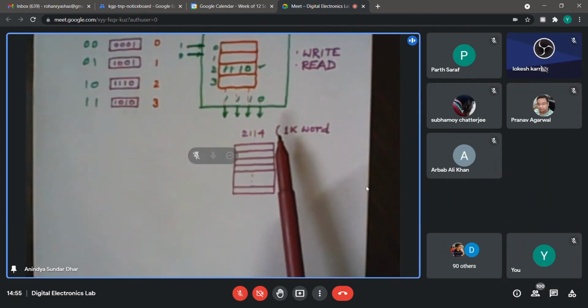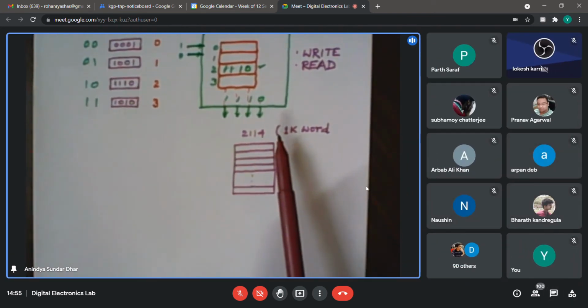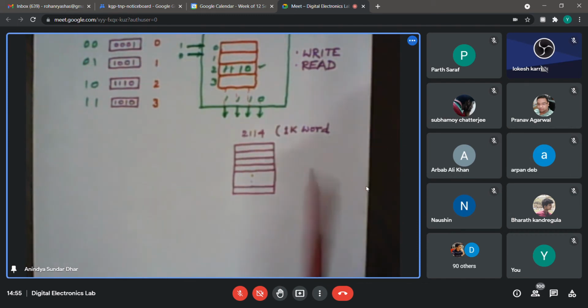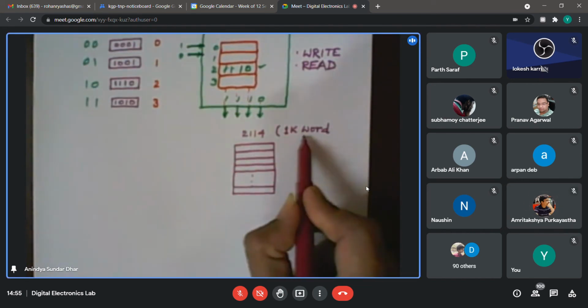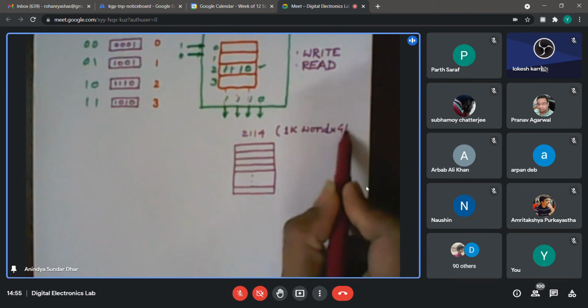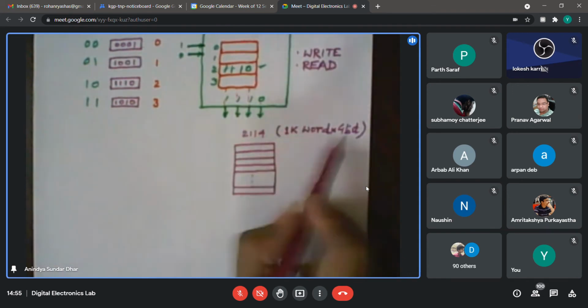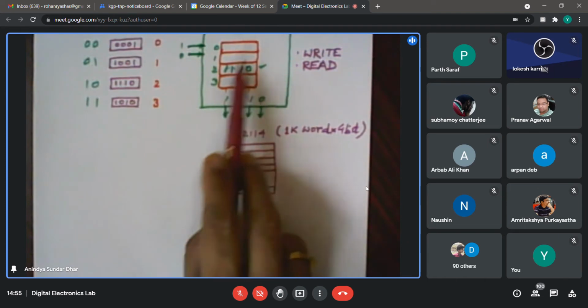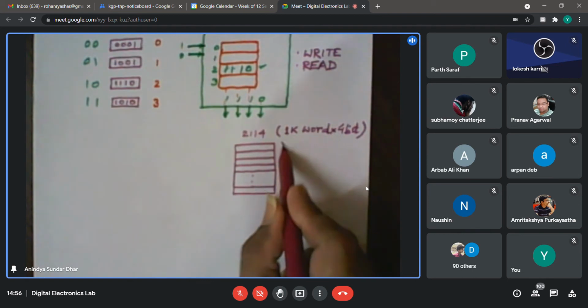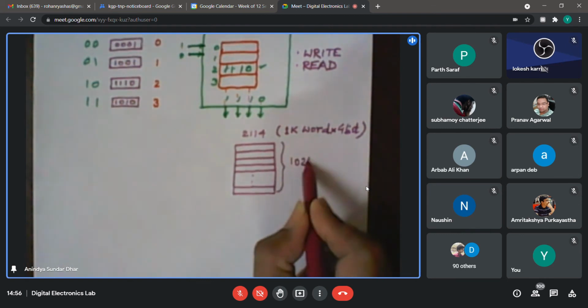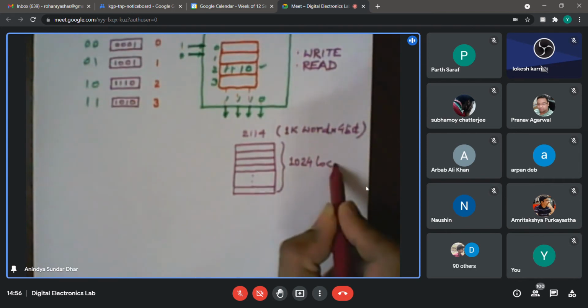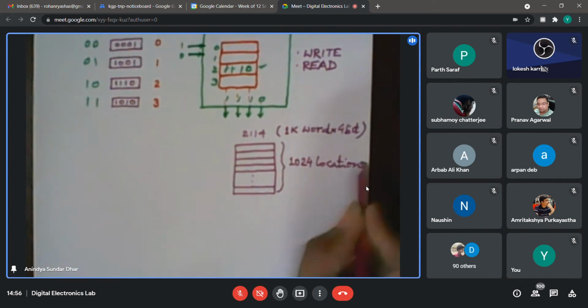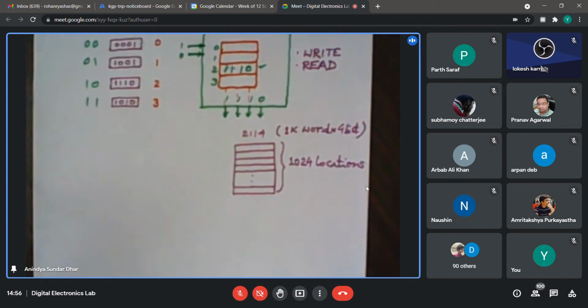So when we say 1 kiloword in terms of binary, what does it mean? Does it mean 1000 or something? 1024 words. Okay, so it will say 1 kiloword into 4 bits, which means each word is 4 bits wide. In the same way as we discussed 4 registers, now we are talking about 1024 such locations. A few minutes back some of you correctly mentioned that for addressing every location uniquely, how many address bits do I need?